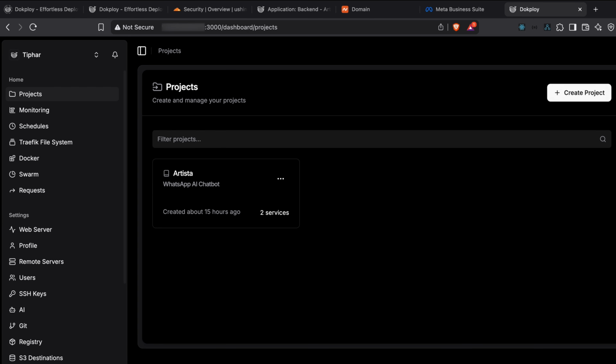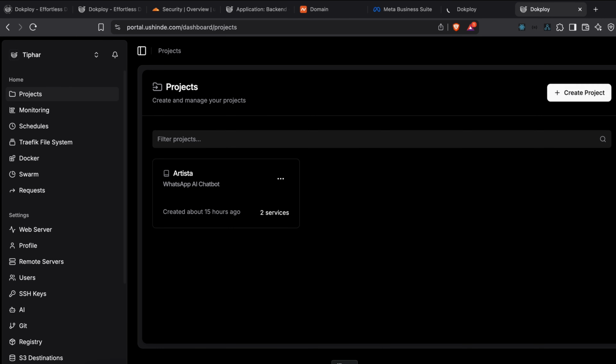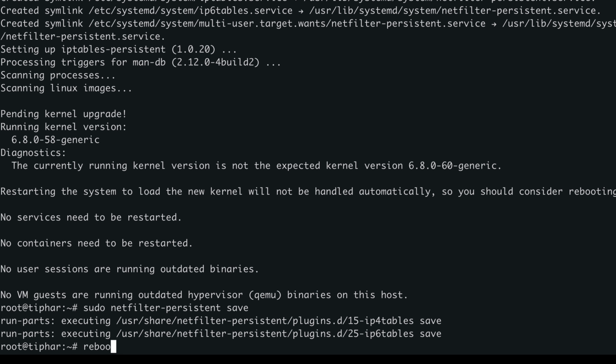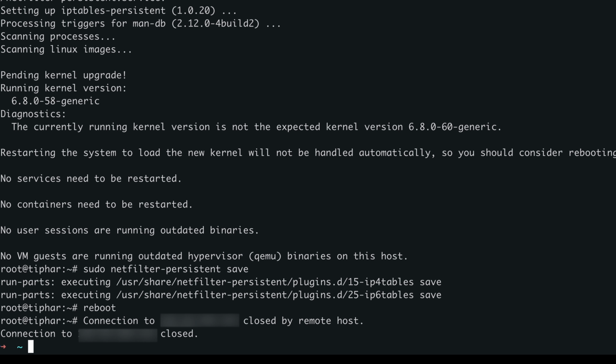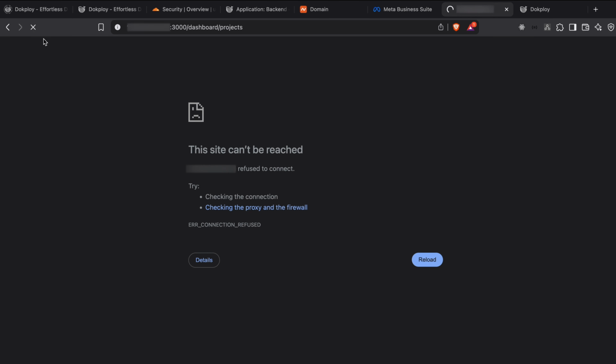So to verify that our rule is now in place, let us try to access directly using the server's IP. You see that it continuously loads until a point where the page will just fail. But if we use the domain now, we can access the application. And to verify that the rule is persistent, I'm going to reboot the server. Dokploy is still starting, so let me just wait a bit. It's now available. Let us now try to access using the IP. As you can see, you can no longer directly access the server using the IP address, and the firewall block that we implemented using iptables is persistent. Our application is now more secure.